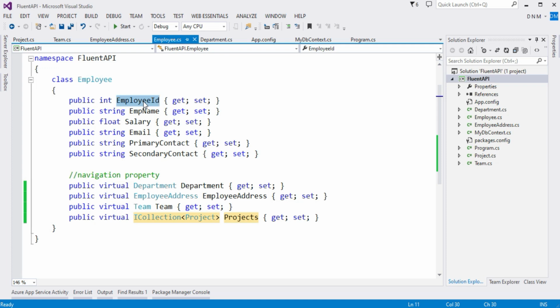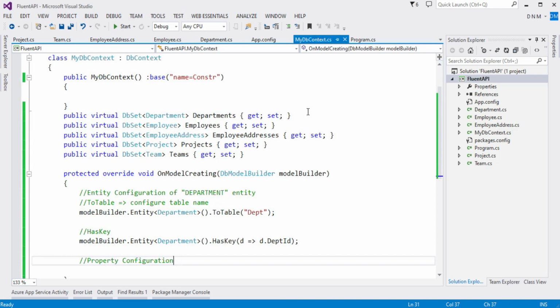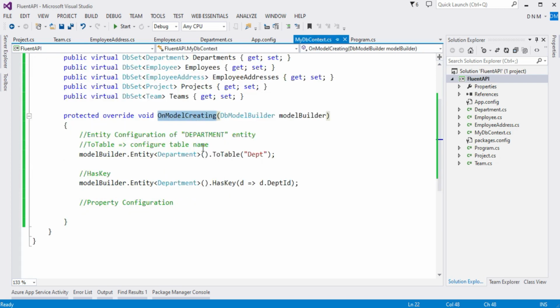In that case, let us switch to the MyDbContext class. In the OnModelCreating method, we have to specify this configuration. So we are going to configure the property of the Employee class. Let me put a comment for this.